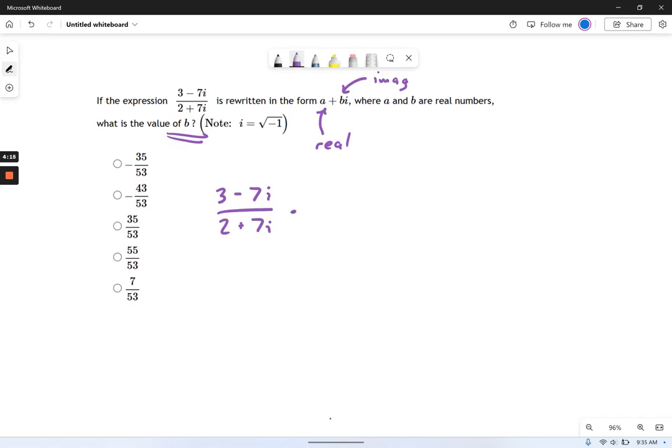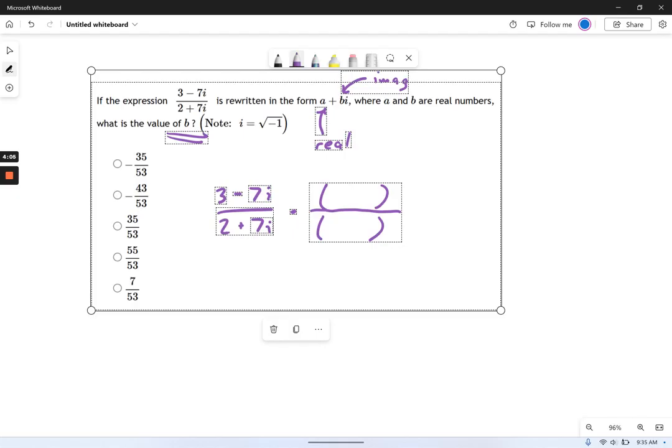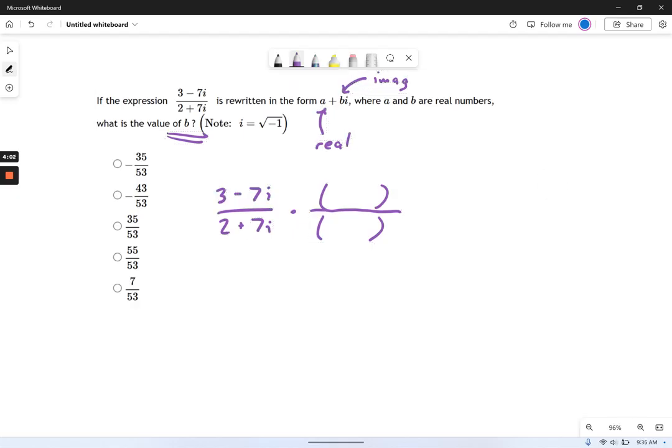And we're going to multiply this by something, some kind of a crazy one. We've talked about this a bunch in class, which will get rid of the i terms on the bottom. And if you remember conjugates, that's the way this one has to work. So I'm going to multiply by a conjugate of the denominator. It's always the denominator that we pick for our conjugates. And you see, the only thing I've changed is I changed that 2 plus 7i to 2 minus 7i. I just changed the plus or minus sign.